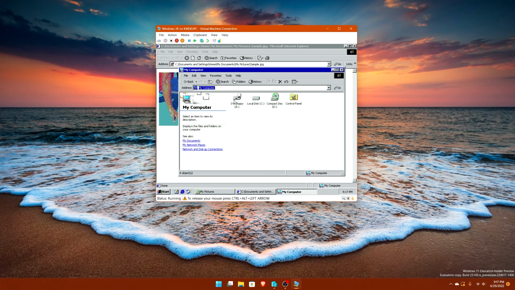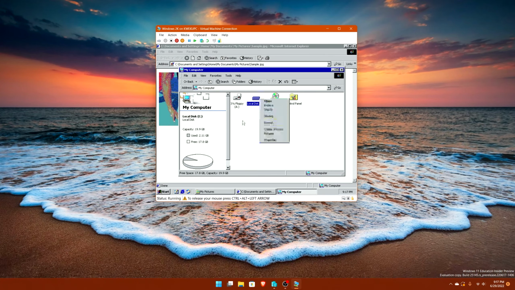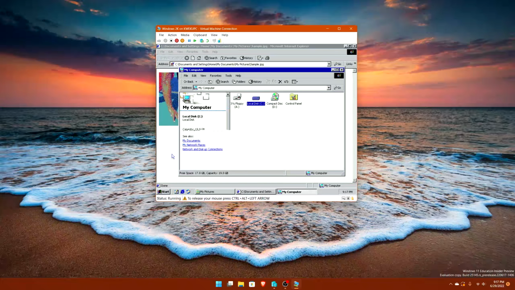There we go. So we have the floppy A, 3.5 floppy A, for those of you who are around floppy disks, compact disc, which is your CD, and then you have your control panel there, and then you have your C drive. So you can see here, my C drive, actually I lied, I put 20 gigs for it instead of the 2 gigs. So my C drive has already used up 2 GB of storage already,